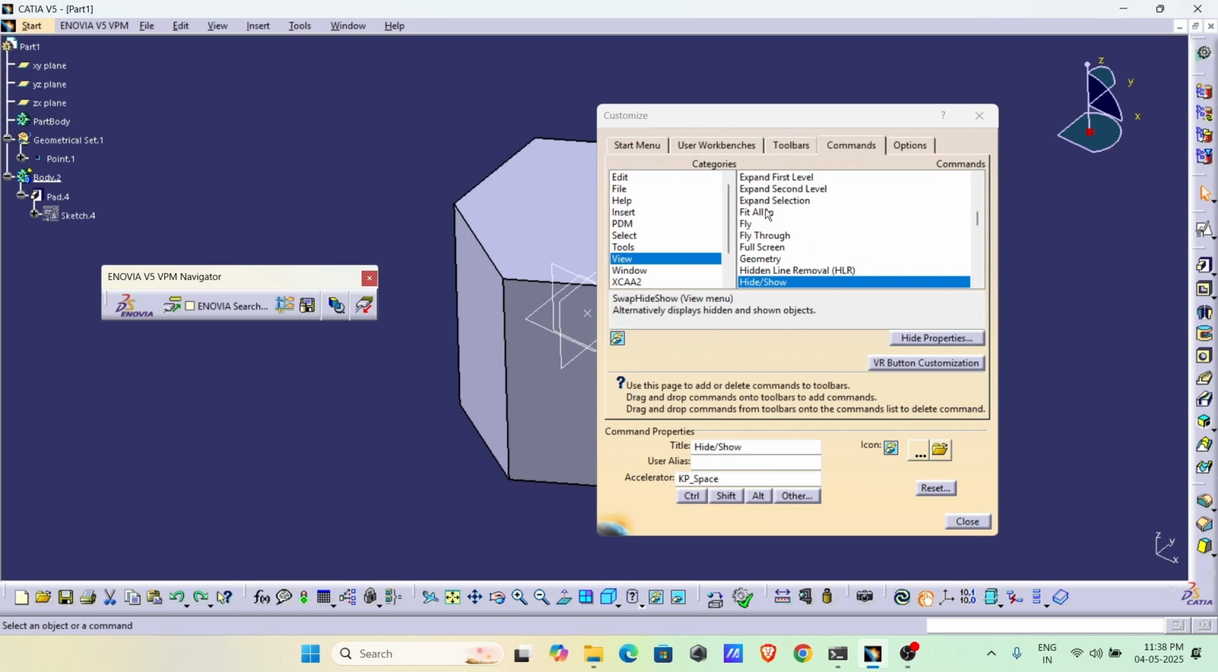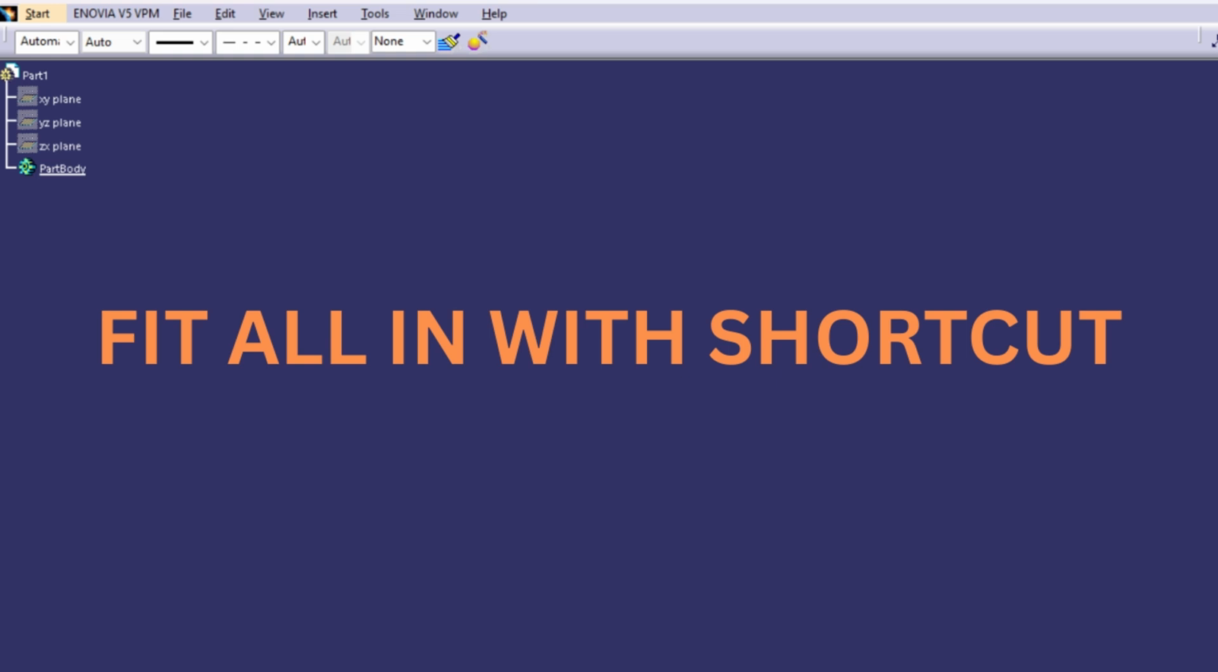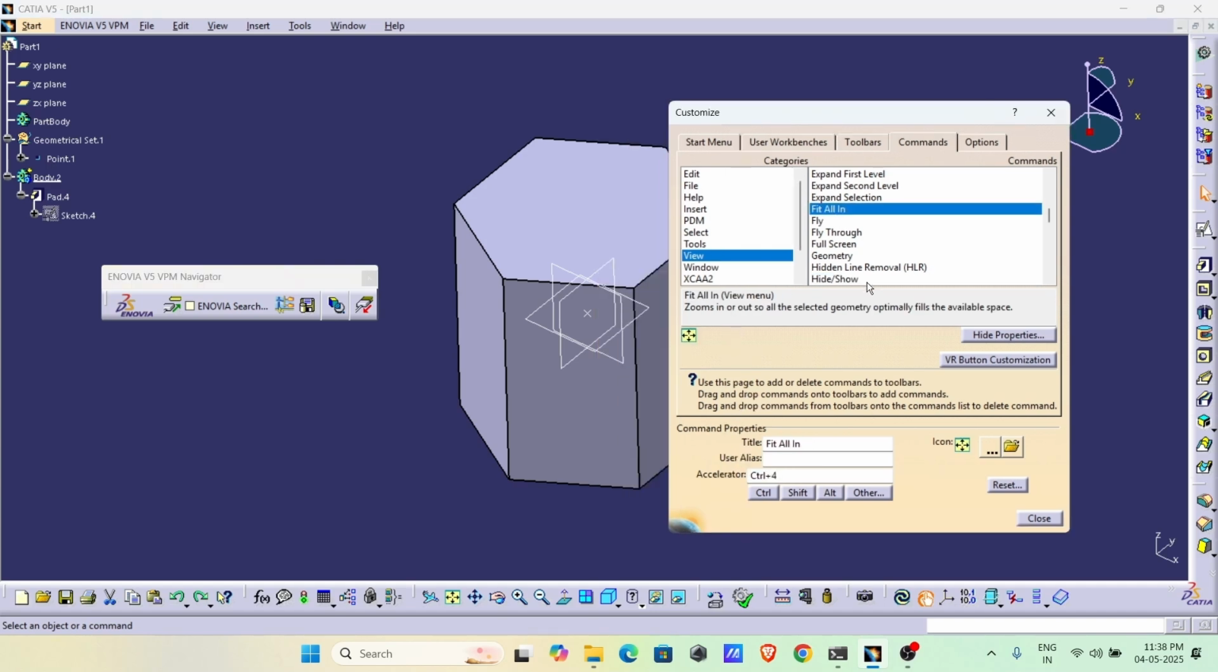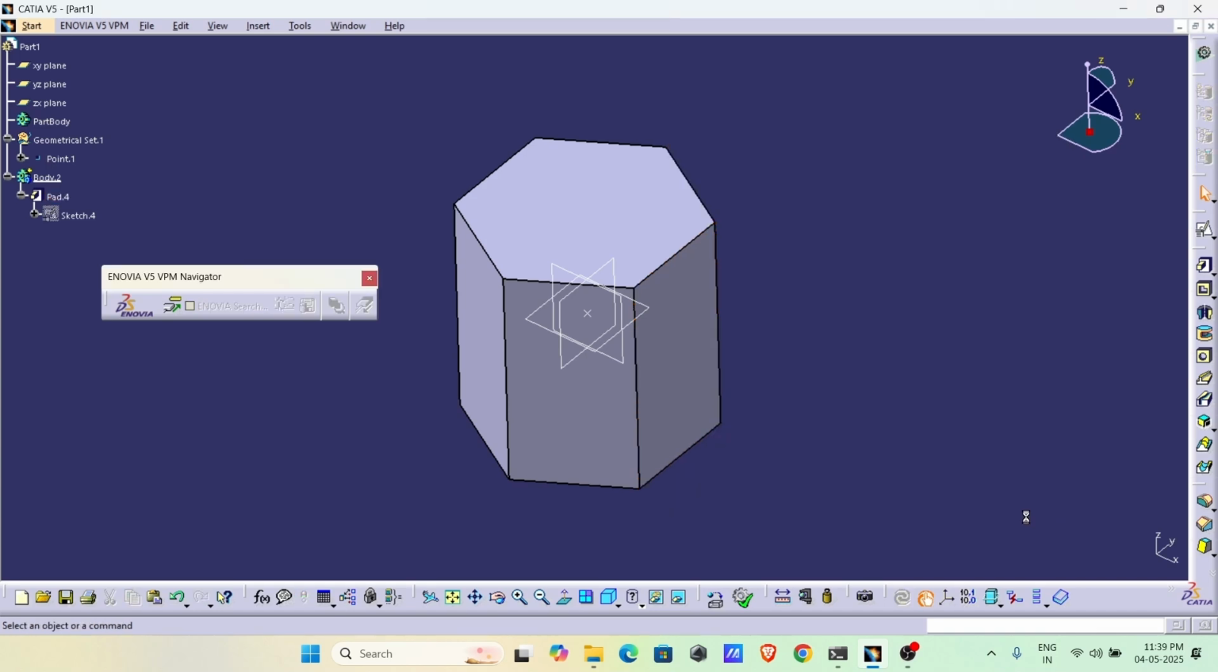So for the next setting, we will assign a shortcut key to fit all in. Fit all in is right above the hide and show. For this, we will assign control plus 4. You can assign it by pressing control and plus 4. So after pressing control 4, your part will fit in the frame. Then close the customize option,